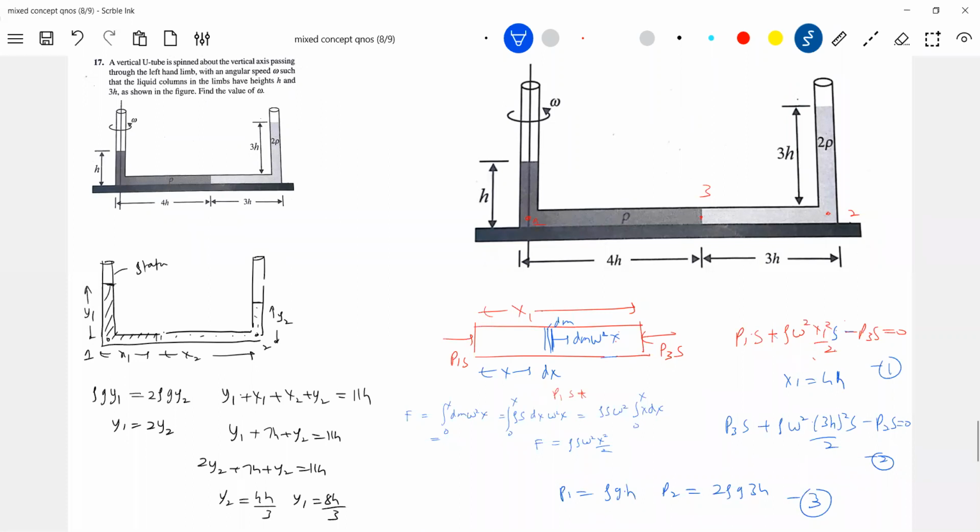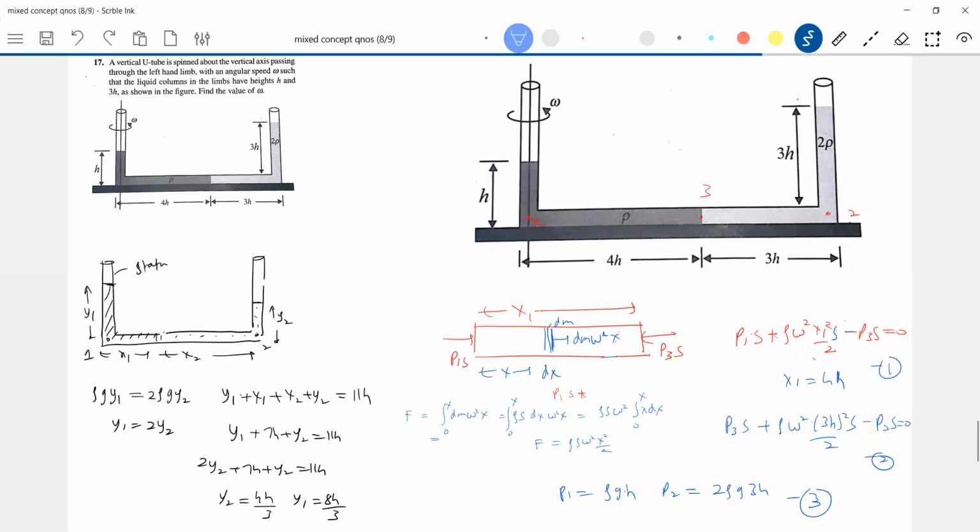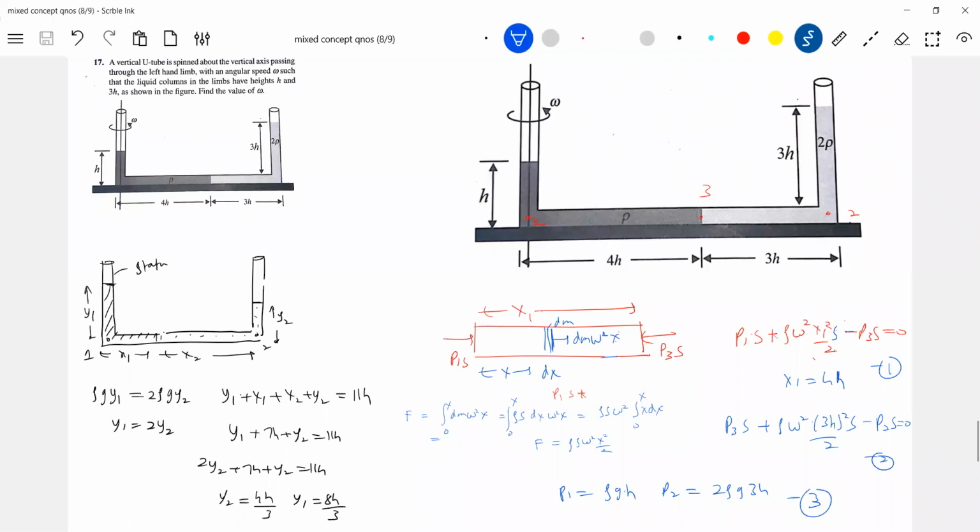This rho omega square should be written as the pseudo force on the liquid column due to the rotating liquid column. Why should the pseudo force be the condition? I think there's a way of writing it directly. If you're writing the forces here, if you're writing pressure, this S should not be there. So shall we make a rule now: in a rotating liquid column, how to write the manometric equation?